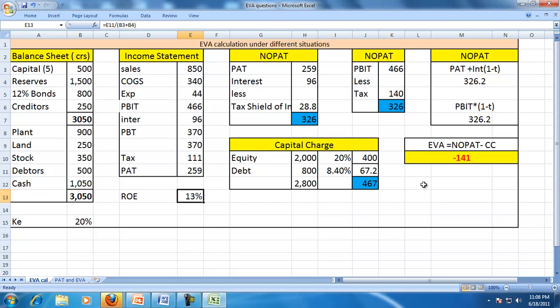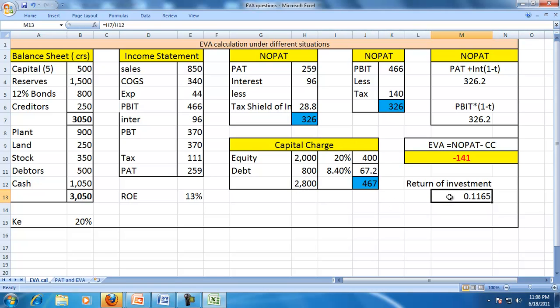If I calculate the rate of return on investment using EVA, that is NOPAT divided by the capital employed,